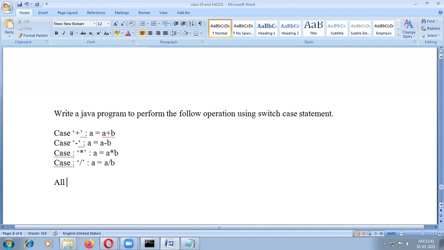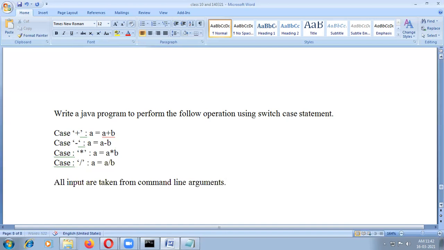All inputs are taken from command line arguments.